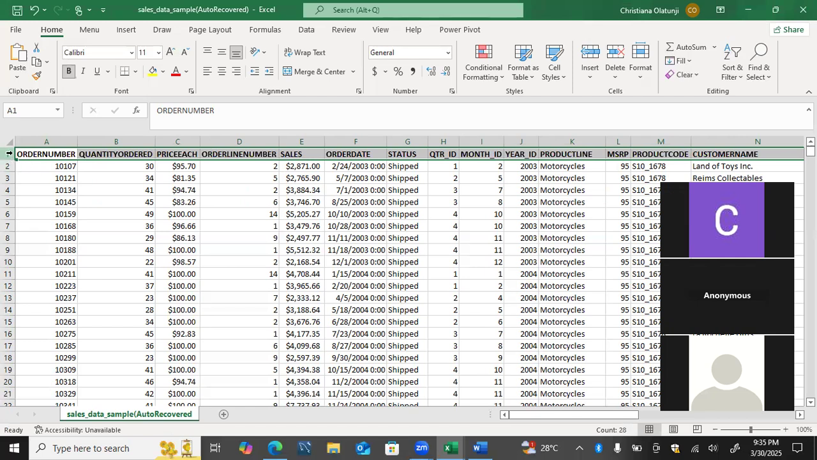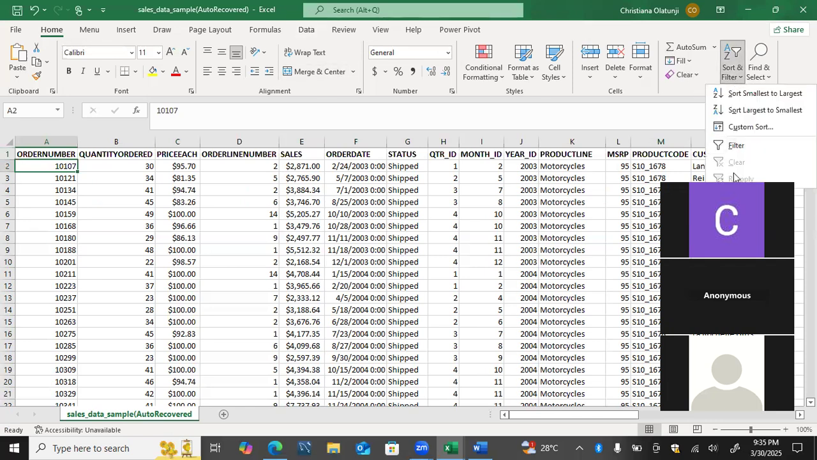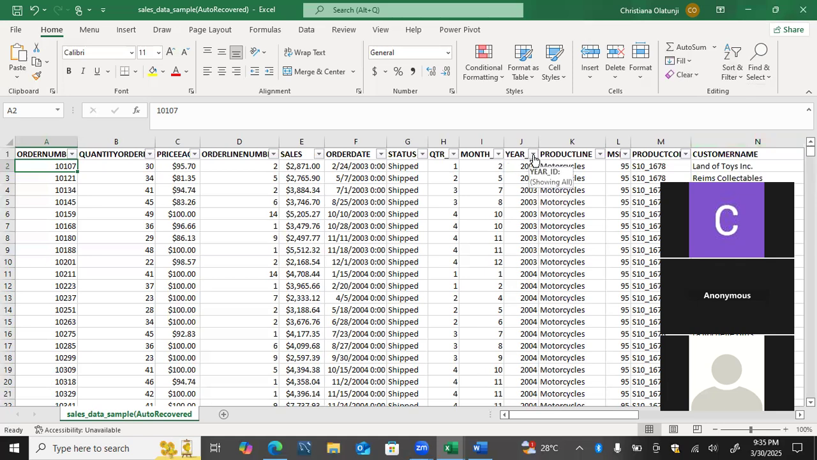So now I am on a particular cell in my data set. I go to my Home tab and look for Sort and Filter. Then I click Filter. Immediately it pops up. Now let's say I want to see